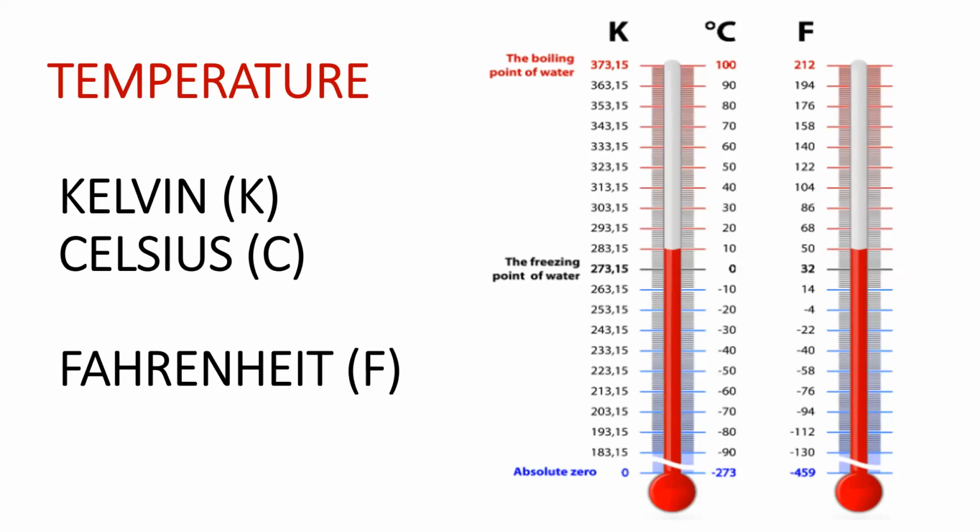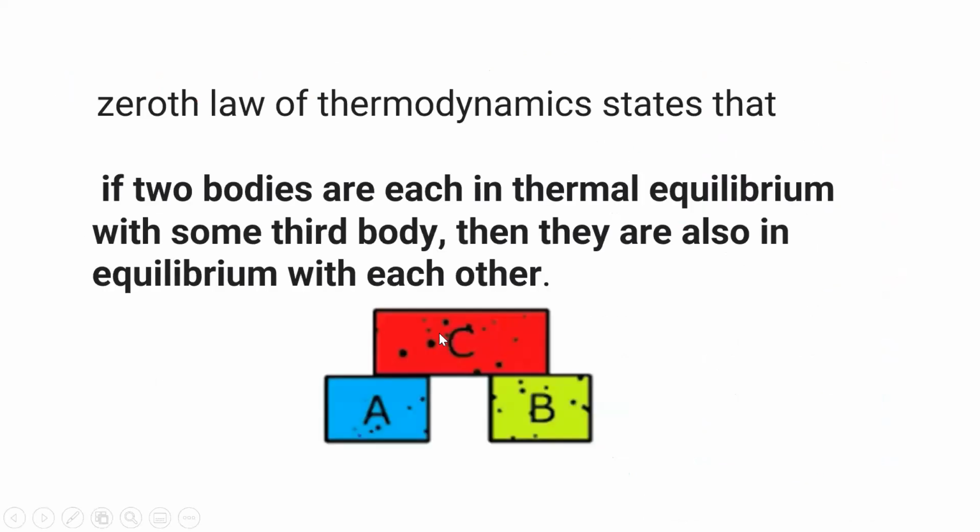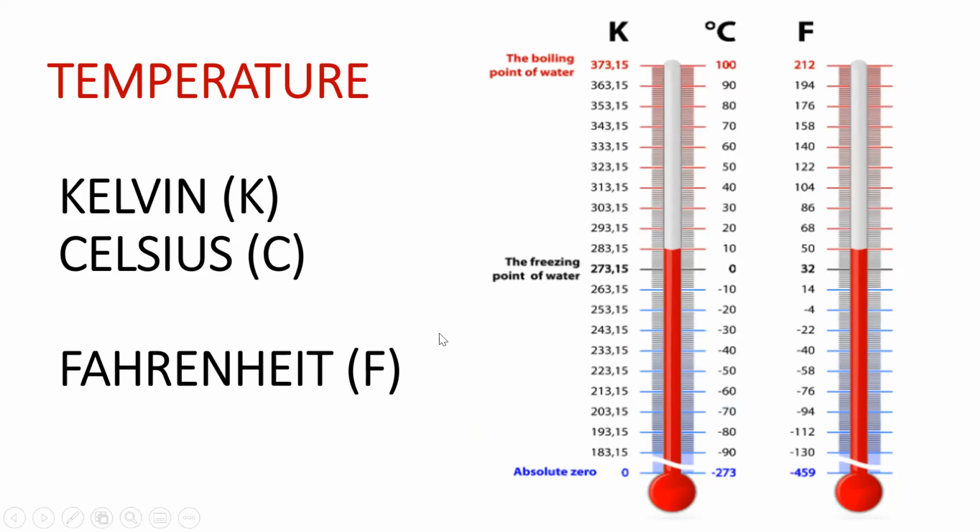So temperature then is another important aspect, and here we're looking at understanding Kelvin and Celsius, which are the same scale, but they're offset. We think of Kelvin as the absolute temperature scale. It's hard because there's a lot of stuff blocking my screen, so I can't see my own screen. I'll talk from memory here. So Kelvin starts at 0, and water freezes at 273 degrees Kelvin. And Celsius is an offset of the Kelvin scale, so that 0 is the freezing point of water and goes up to 100 degrees.